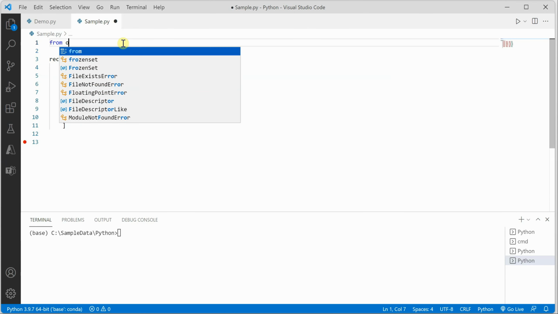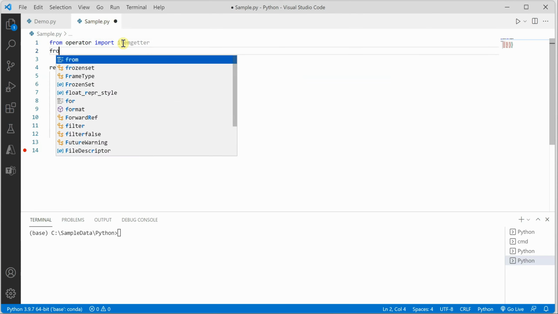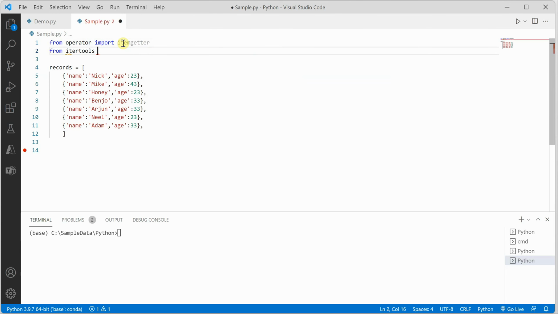So the first one I need is from the operator, and I would say import itemgetter. Another one is from itertools, so import, here we can say groupby. Okay, so once these are imported, the next thing we need to do is sort this collection. So for sorting,